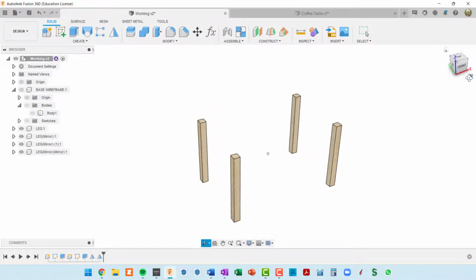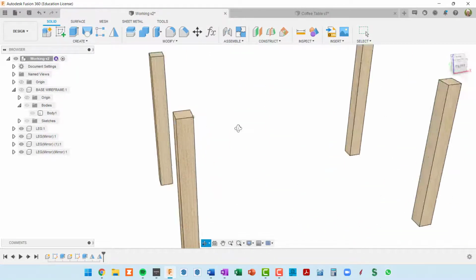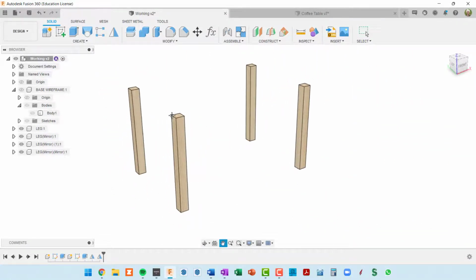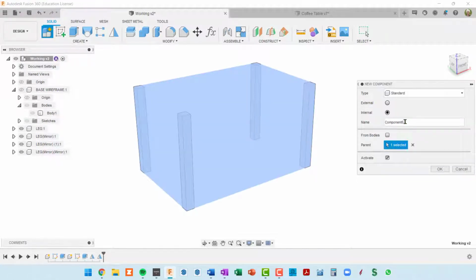Now let's use the view cube to get a front view. And I've pretty much been working left to right here. It doesn't really matter, but I'm going to make this left stretcher first. So I will start by making a new component, but first looking to see if I'm on the top level component. So I am. So new component, stretcher,